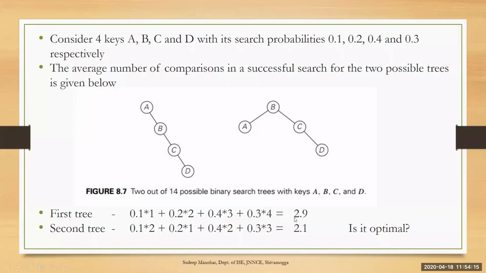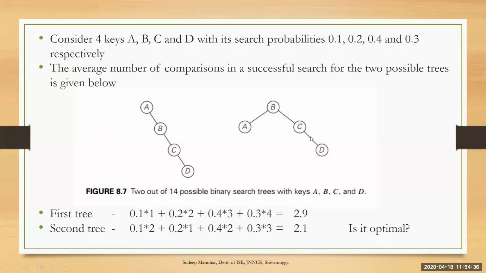And to do this, we are going for the dynamic programming method. I hope you got the introduction about this problem. And if you look at the trees, all these trees are binary search trees. You cannot rearrange. Whatever I told, 14 different binary search trees, all 14 different trees are binary search trees.